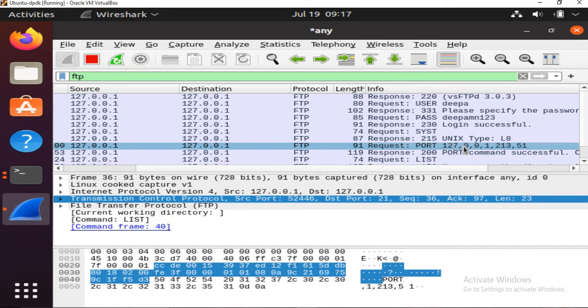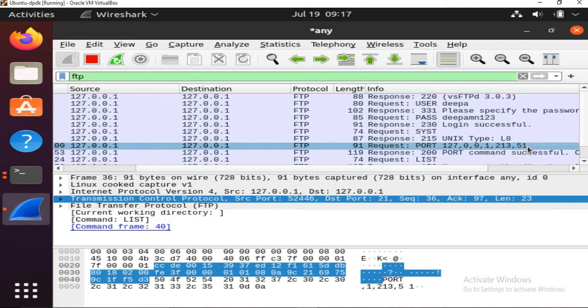As you can see here, the client sends the PORT command along with the IP address and the port number to which the server has to establish a data connection. Remember, for data connection, the server's port number is 20. So the client is sending a PORT request. The IP address is 127.0.0.1, and the port number is 213,51.